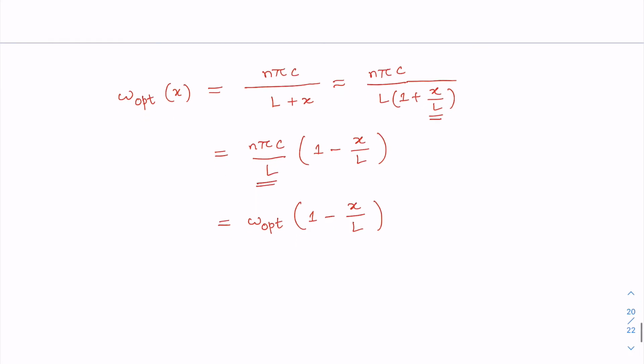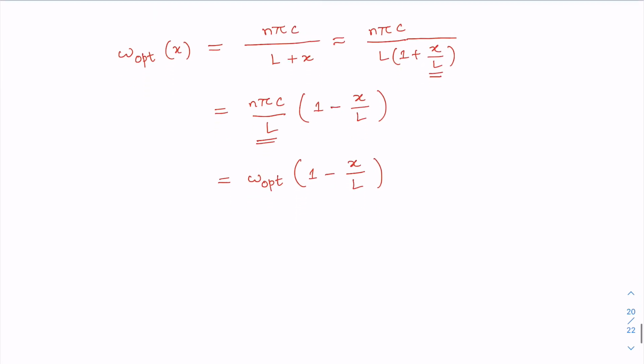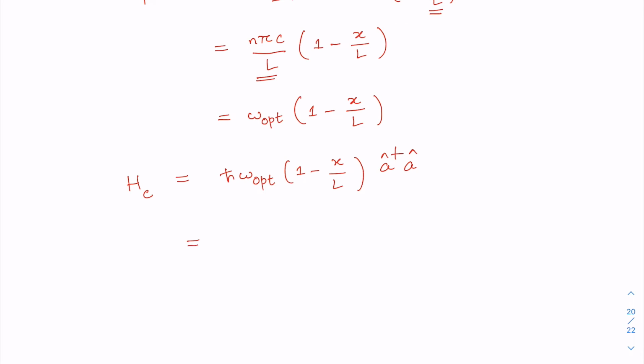So this will enable us to write this Hamiltonian for the cavity photon, that is Hc is equal to h cross omega opt (1 minus x by l) a dagger a, and this I can further divide